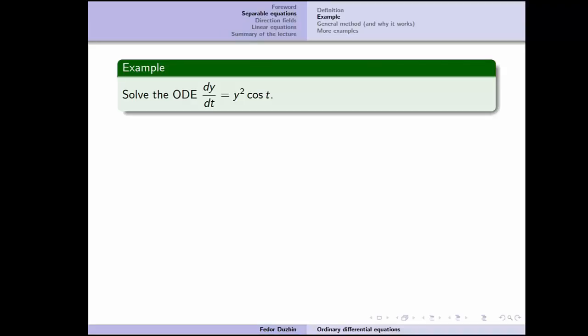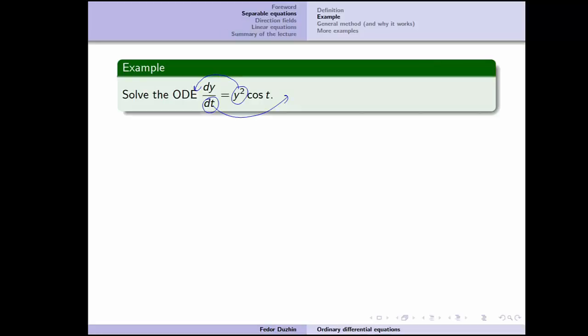Before explaining the general method, let me solve this particular ODE step by step. It's actually pretty funny. In order to solve a separable differential equation, the idea is to separate the variables. So we move dt as if it were just a variable to the right hand side. In a way, we multiply both left and right of the equation by dt,